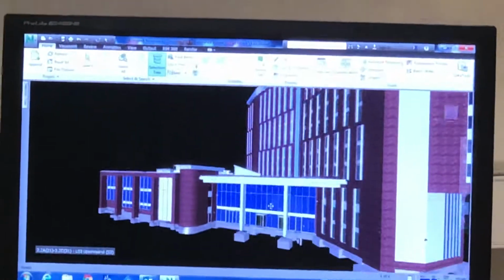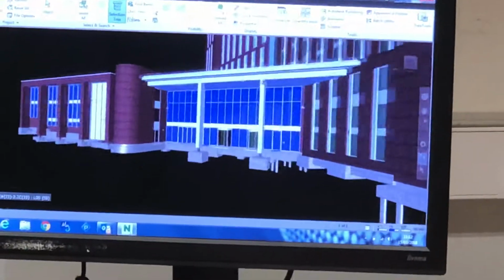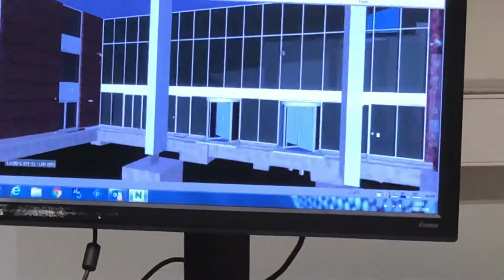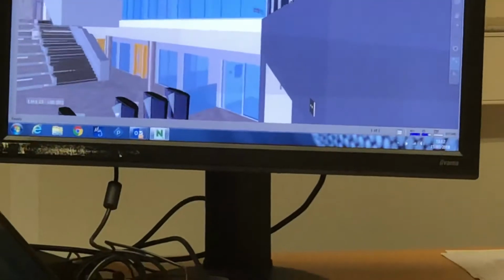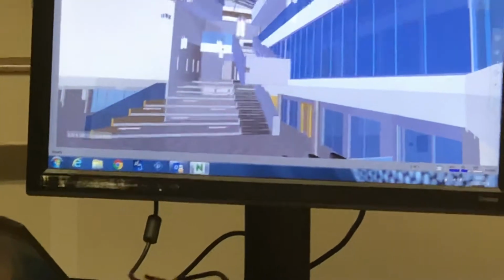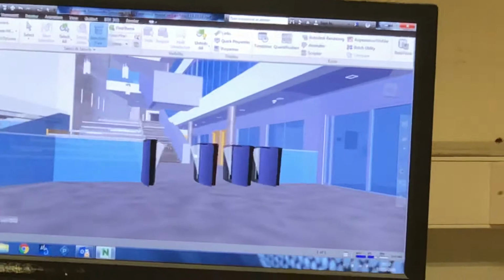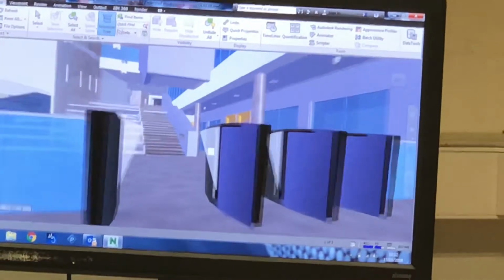So, what we can do with BIM, many things. We can put the little walking feet on, and we can walk in through the front door into the building and have a look around. So that's what the main atrium is going to look like when this facility is complete. Okay, we've got 3 stories of education. So you walk through the gate,